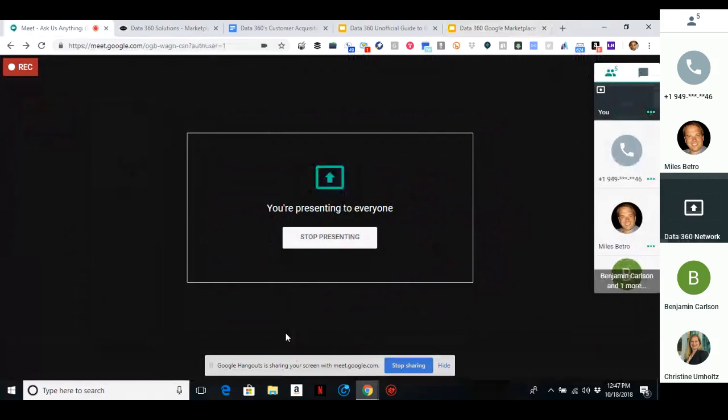Yeah, so the goal of this is to let you know that Data 360 and Google are both here to support you in getting to the marketplace and developing your own marketplaces and being a part of ours. You don't have to figure out all that technical stuff. We're here to do that for you. So as much or as little as you want to do, you're able to do. As ambitious as you want to be, you can be. Or you can just start testing it and doing a little bit at a time. So we're open to all of that, and there's really no reason why you have